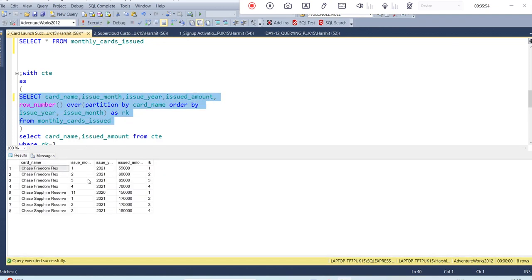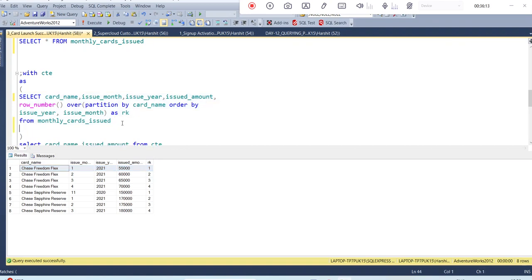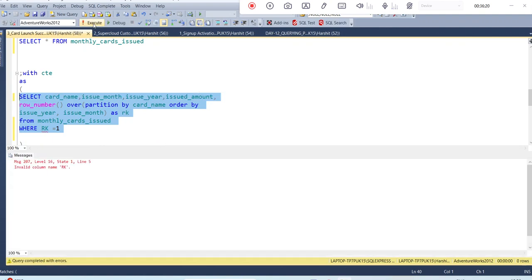And now execute the data. So got it right, guys. This one is our first one, minimum of issue year and month, and this is in the Chase Freedom Flex, minimum of issue year and month. So now we want to select RK equal to 1 only, right? So we cannot directly write here where RK equal to 1, that I have explained yesterday also, because RK is no particular column. Because of this reason,